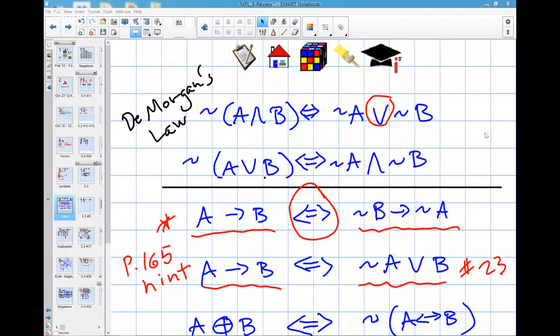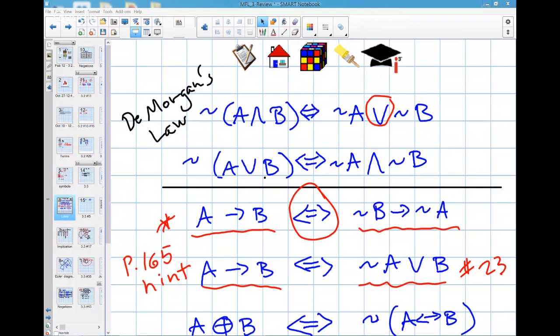Remember, we used it in sets, and then we found out it works exactly the same way in logic. So remember, in sets, this and sign was an upside down horseshoe. So anyway, De Morgan's law,